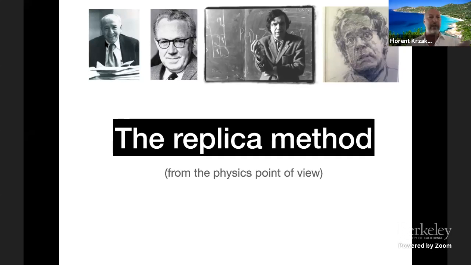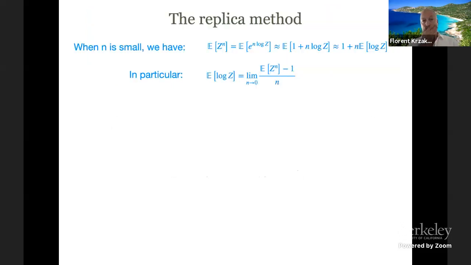And then it was developed in statistical physics into a very robust and versatile tool, especially thanks to the breakthrough work of Giorgio Parisi. And today, thanks to the work of Giorgio and Marc Mézard, we have a set of tools which is still heuristic, but we can use it to attack many, many problems and compute this average free energy. Okay, how does it work?